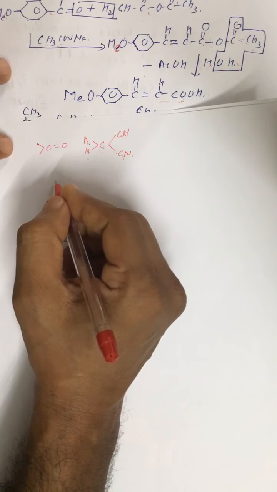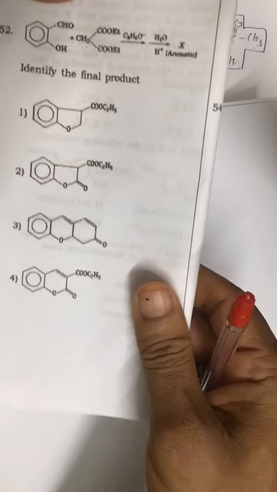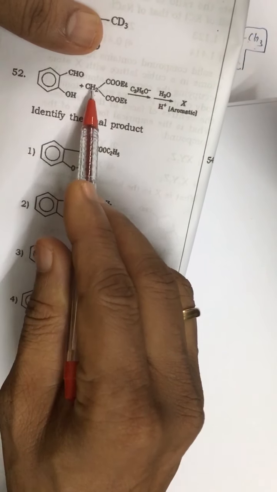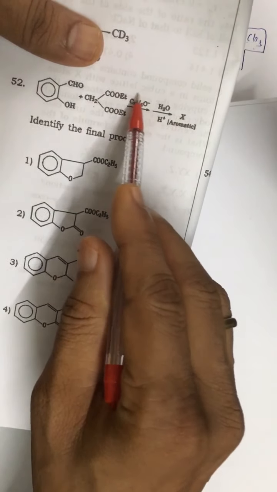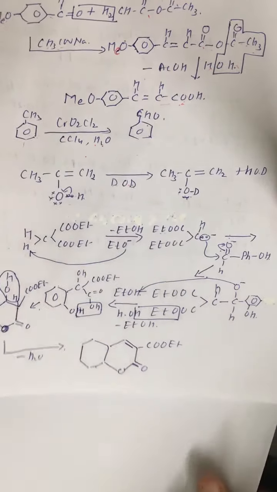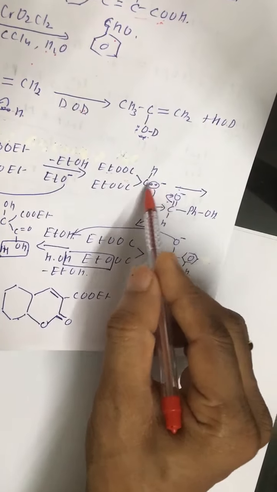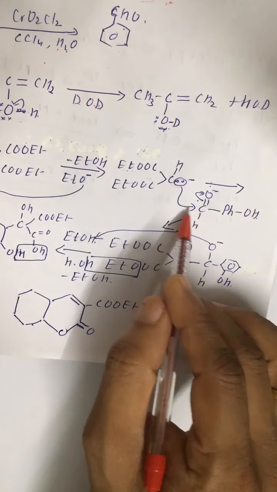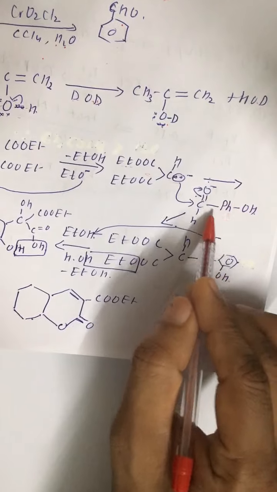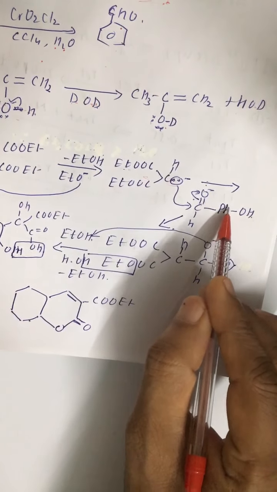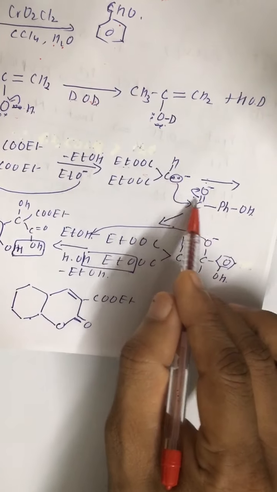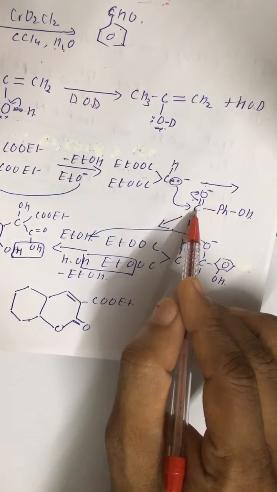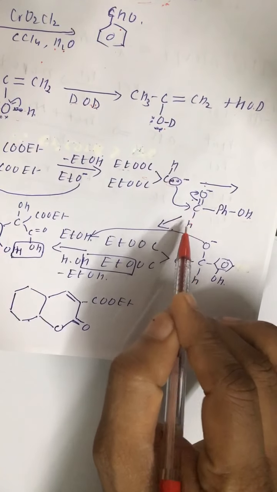So initially what happens, this hydrogen is removed by the C2H5O negative, that is a base. Alright, like this. So this species is with the extra pair of electrons, that is negatively charged, and benzaldehyde having benzene ring attached to OH, and this is the benzene ring. Alright, this movement, over this positive charge, this electron pair attacks.